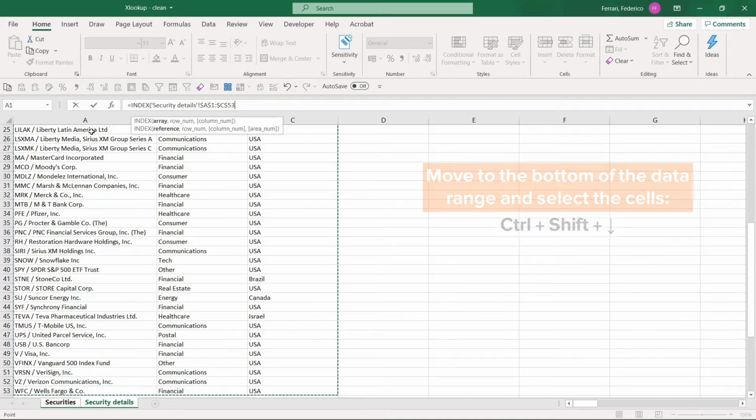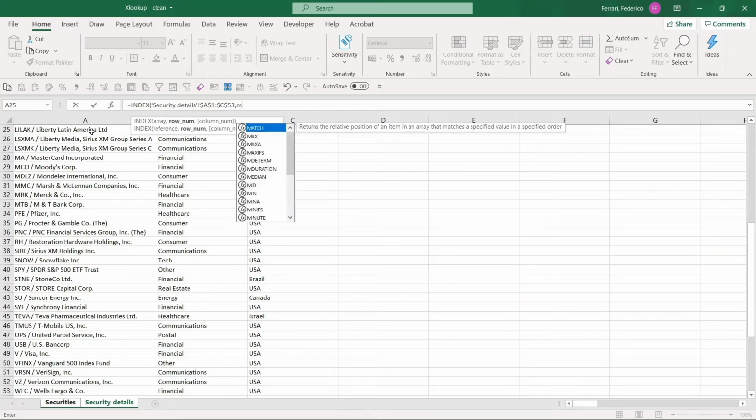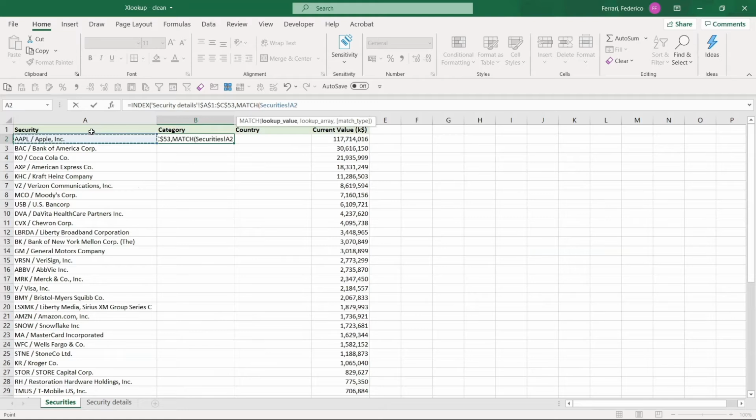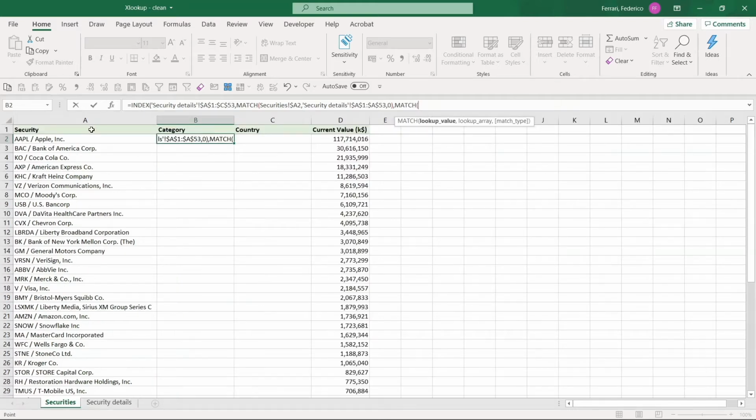We freeze it with the F4, comma, row number, we need to use MATCH, lookup value, Apple, we freeze the column, comma, lookup array, column A, F4, comma, 0, close, comma, and now column number, MATCH once again, lookup value, category,